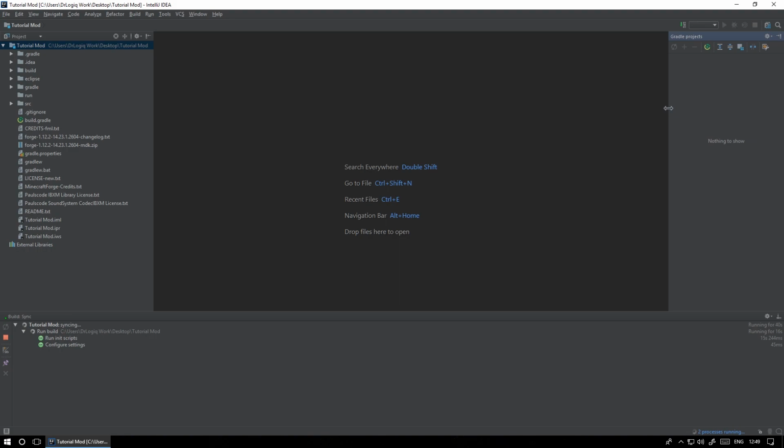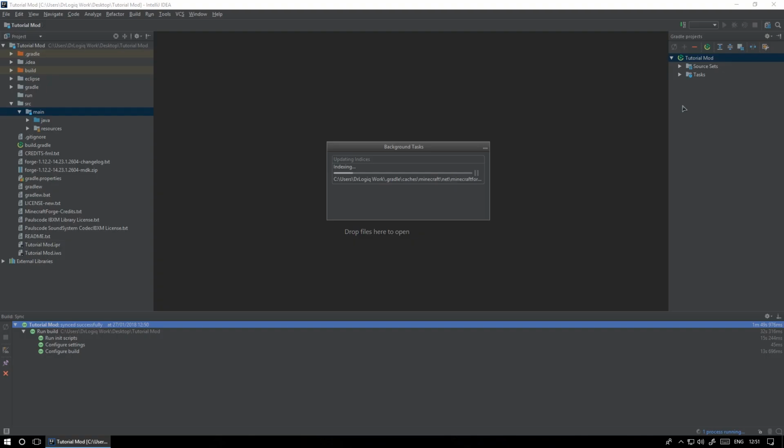At the moment it has nothing to show, but once this is done there will be options in there, and we're going to want to run some of those. So this process is going to set up some of the Gradle options here. There will be more folders, I believe, and it's also going to set up all of the files here. You can see this Java folder has become blue,